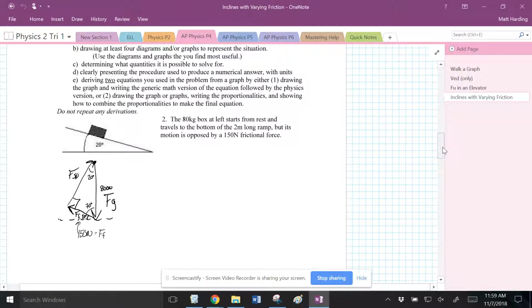Oh yeah, that times 3.4. Okay, so 3. Area of this is